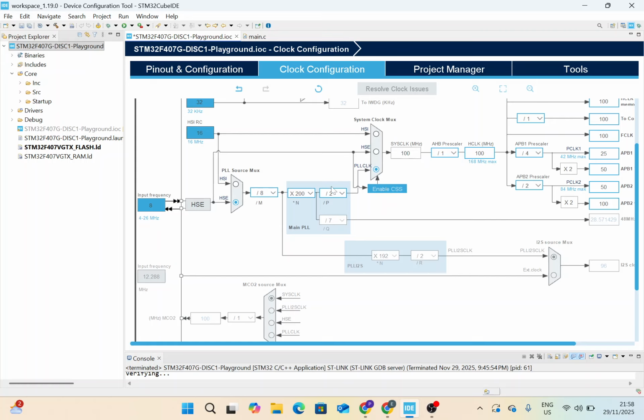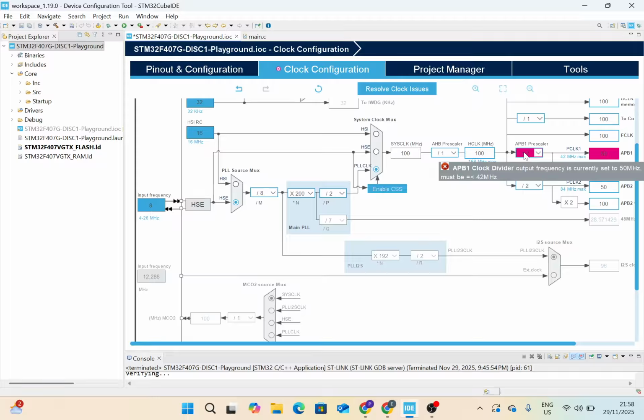Everything you are seeing on this UI has a one-to-one mapping to the code that we are going to write. Okay, so it gets in here. There's 100. The AHB prescaler is 1, so HCLK is 100. And let's say if I choose this to be 2, I'm violating. So if I hover over this, it's going to tell me that the output frequency is currently set to 50,